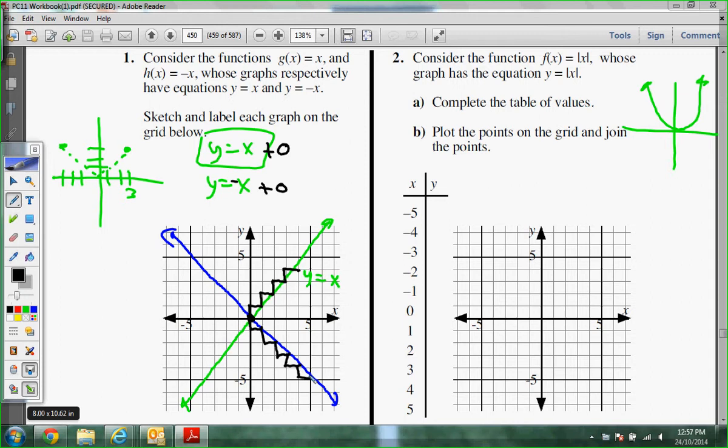Okay, and then it says, consider the function absolute value of x. Complete the table and plot the points. So we know that absolute value, if I'm doing absolute value of x, absolute value of negative 5 is 5, 4, 3, 2, 1, 0, 1, 2, 3, 4, and 5. I just did the quick absolute values of those numbers. So now we're going to plot those points, and you're going to hopefully see something. So I have negative 5, 5, negative 4, 4, negative 3, 3,